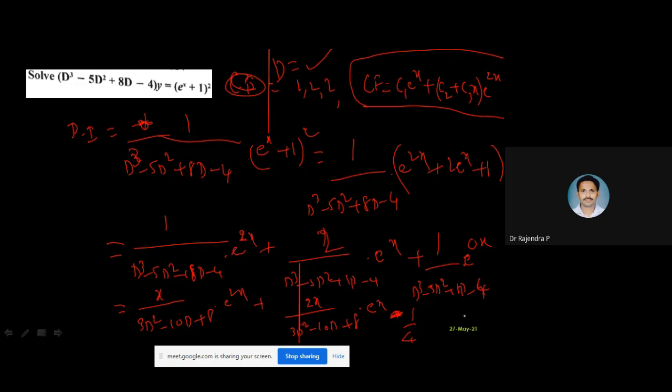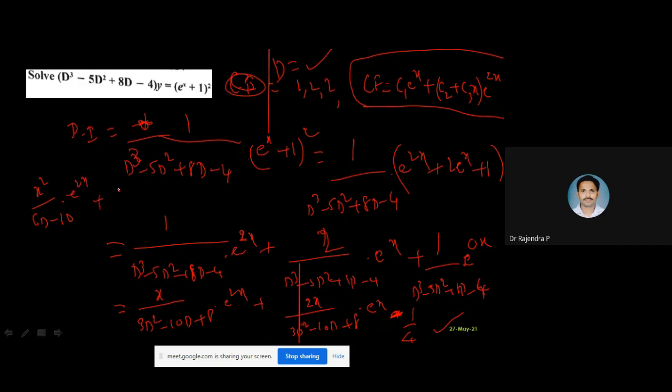Minus 1 by 4, I will get it. 0, I am substituting here in all the d's. Okay, this is evaluated, the last part is evaluated. This part, again if I substitute, what is going to happen? Are you going to get 0 or something different? 0 you will get. If you are getting 0, supply one more x to the numerator and differentiate the denominator, then that will be 6d minus 10, into e power 2x. That is your first part.